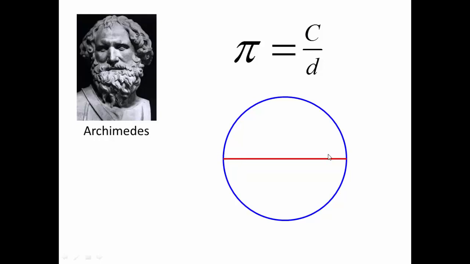Measuring the length of the diameter, a straight line, not so hard. Pull out a ruler, you can do it. But measuring a curved distance, such as the distance around a circle, is a little bit more challenging. So what Archimedes did is he came up with a simple method. Start by making the diameter equal to 1. By making the diameter equal to 1, calculating pi becomes so much easier because it's now basically just whatever the circumference of the circle is.